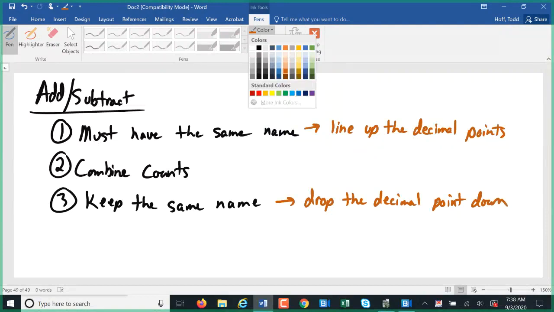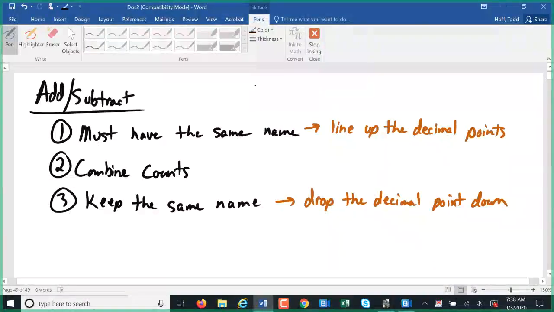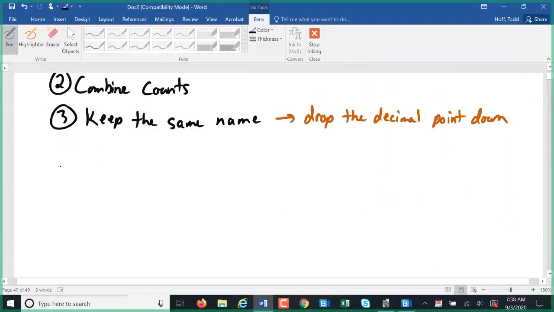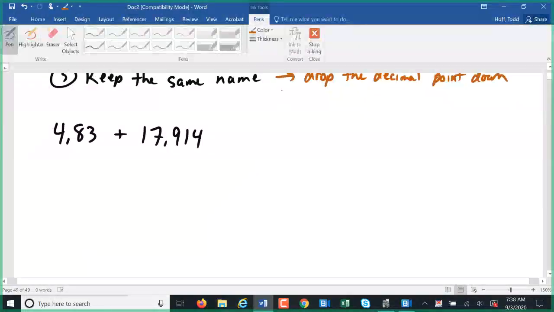Okay, so let's look at some examples here. Let's take something like 4.83 plus 17.914. So when we go to set this up so that we can add, we have to make sure we line